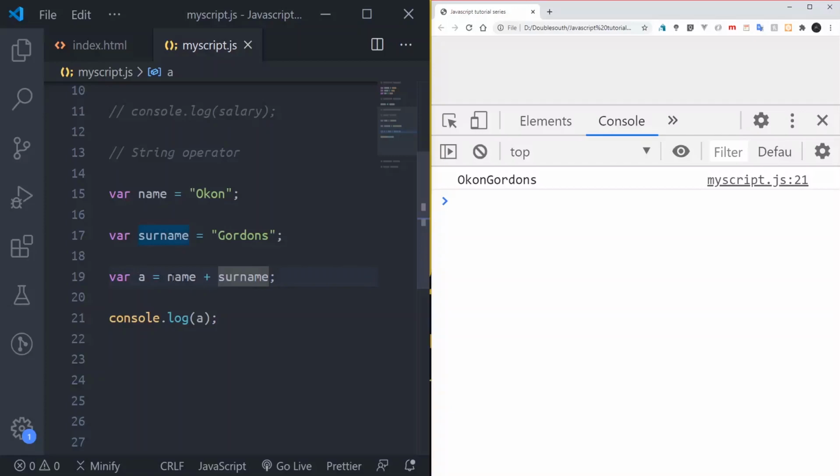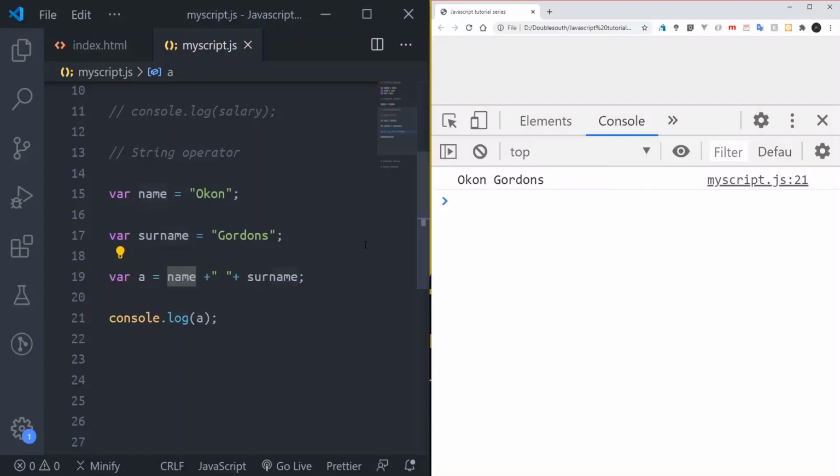We use this plus to join the name and the surname like this. If you put one space here, it gives us spacing. Or if I don't want to use space inside the string, I put another plus, then in between the pluses I put the space. So the name goes here, while the surname goes here. If I run it, you see it gives me my result.